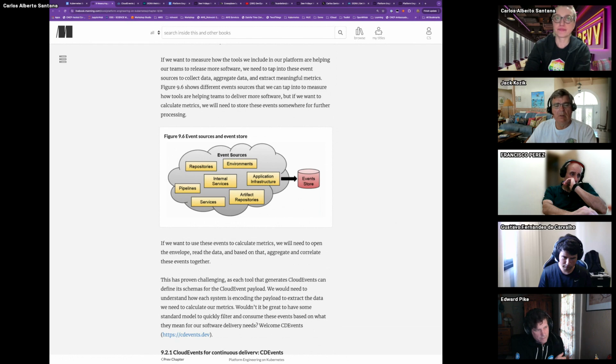When you create a new deployment or change something, you want to release a new deployment, a deployment revision gets created. And if you do kubectl get deployment revisions, you will get a list of revisions. So that's an event that gets created and you can capture, and that tells you how to measure the deployment frequency.